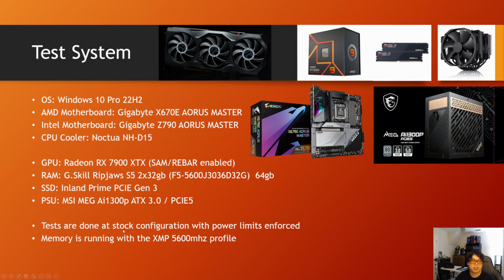So the tests are done at stock configuration with power limits enforced. What that means is that I'm not running the motherboards in unlimited power. I'm enforcing the actual specifications for power limits 1 and 2 for Intel. I'm also enforcing AMD's power limits for the Ryzen CPUs. So I think this gives a good idea of how to make these run energy efficient without sacrificing too much on performance,